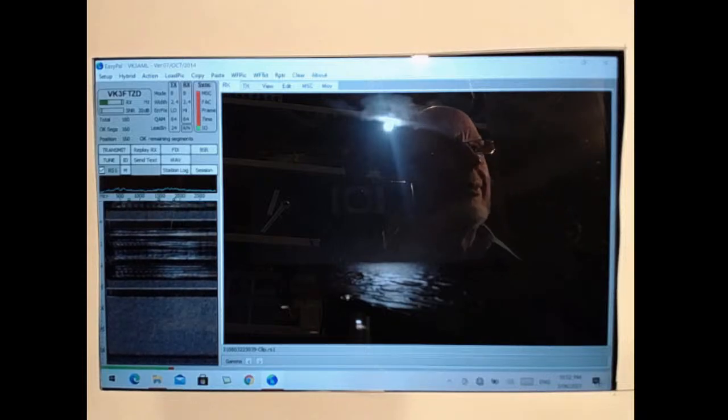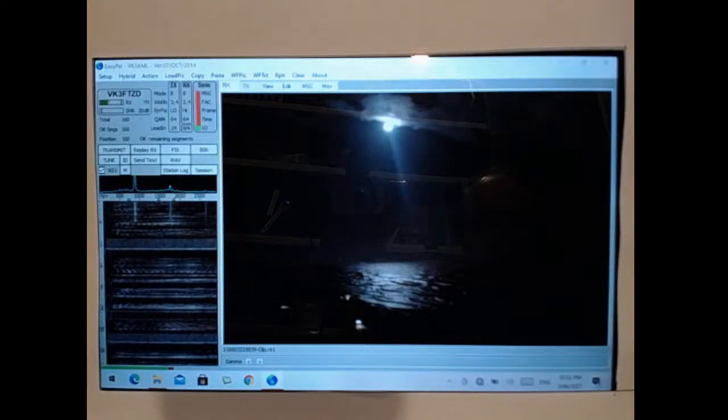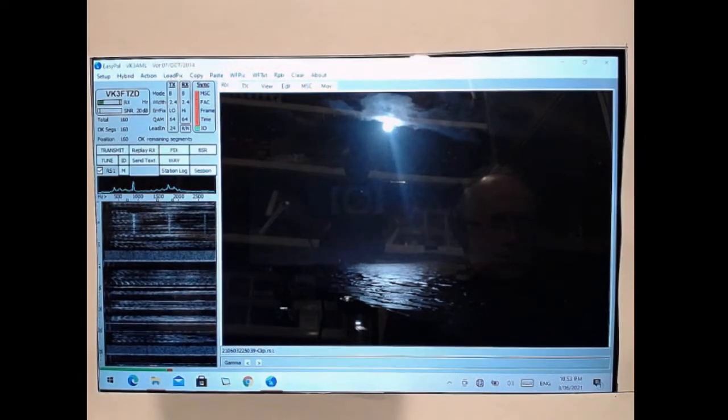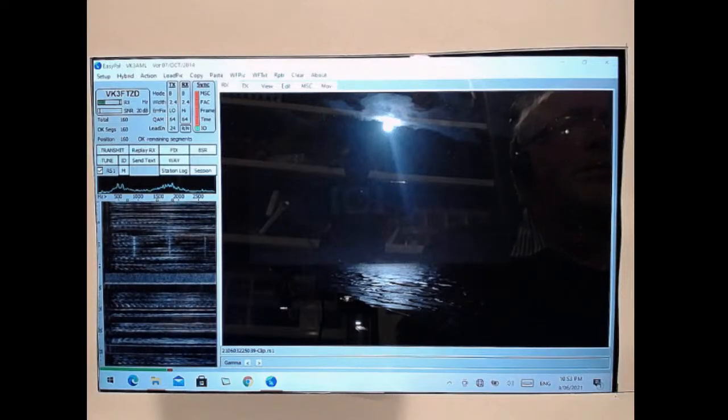VK3BOT. Stan, how did you go with this one? Did you take it with your drone? After all, it's obviously not on the ground, but it's a good image. Yeah. 16 dB, VK3BOT, file OK. No, unfortunately it was not taken on the drone. My drone is a bit small for this sort of stuff, and it doesn't have the capability for a camera to be attached to it. Actually, maybe. Might be able to fit a GoPro or something to it.